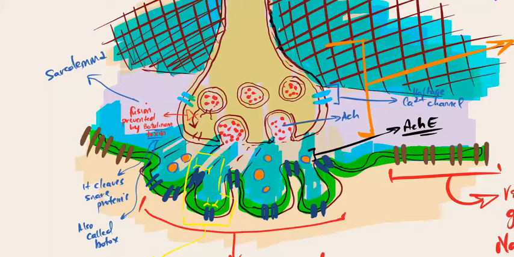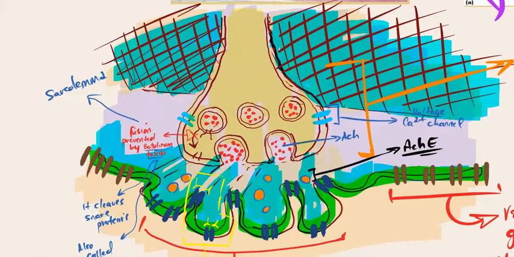So skeletal muscle, how many nuclei does it have? Does it have multiple nuclei, and is it striated or non-striated? Striated, right? Skeletal and cardiac muscle are striated. What's the number of nuclei that you will find? Multinucleated, right? And where's the location of the nuclei? Peripheral, right? Okay, so you have the synapse,